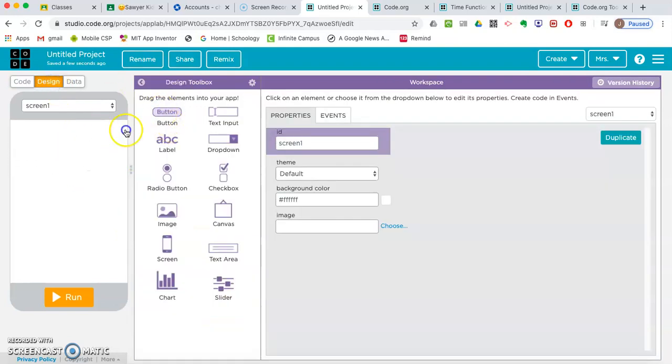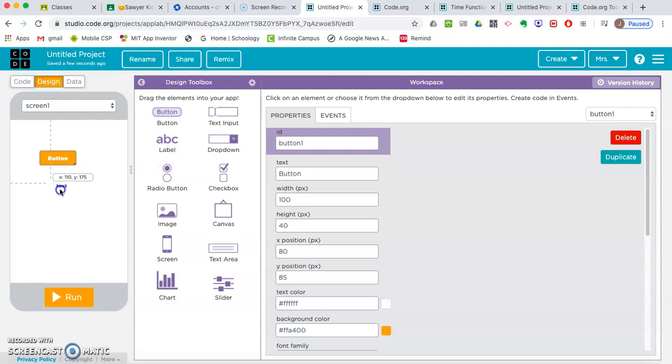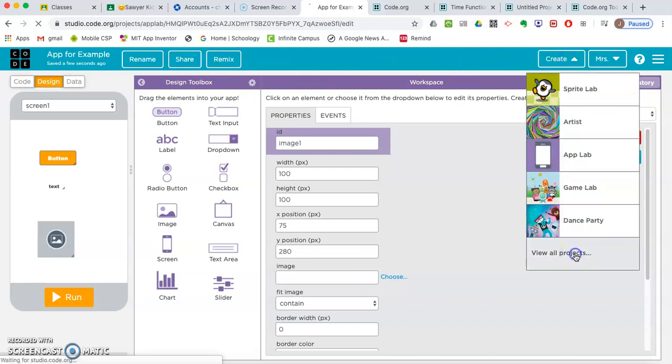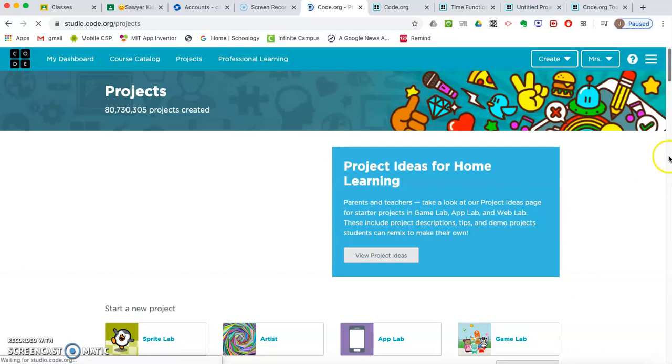So I'm just going to drag in a couple random things so I have something here. I'm not going to be building any apps in this section. So let's say I want to rename this project, and I'll just name it app, for example, or something like that, and I'm going to save it. So now, I have a bunch of apps at the bottom here. If I go back in to create and look at view my projects,